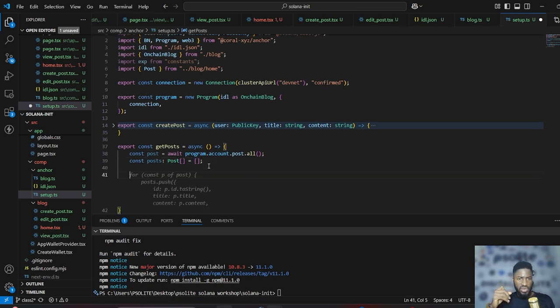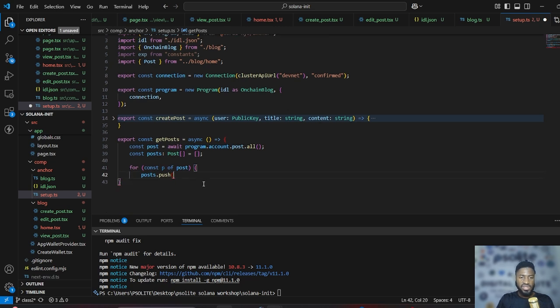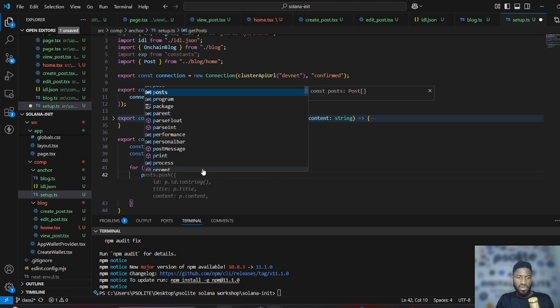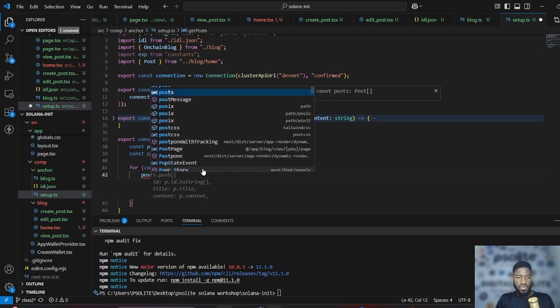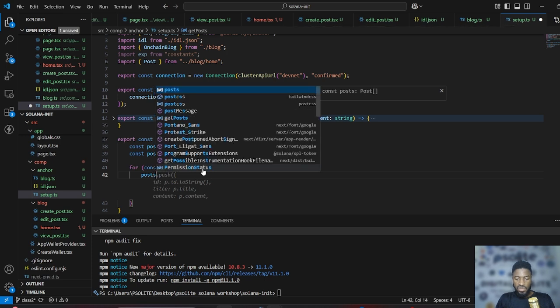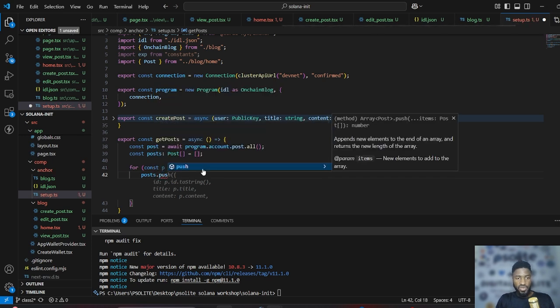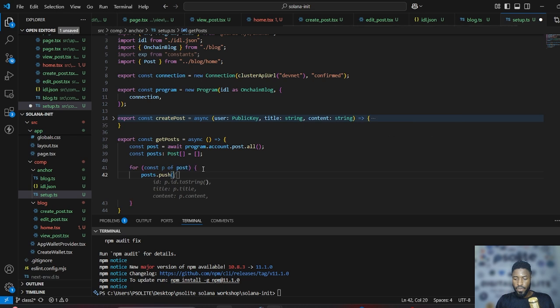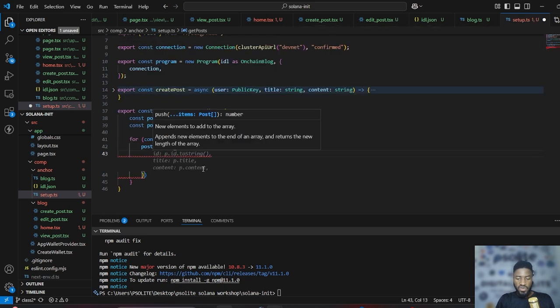What else? So for every value, yeah, let's say for every page, for this post, post dot push. So first we need the ID. So ID is basically